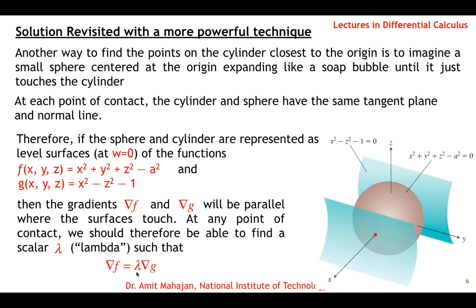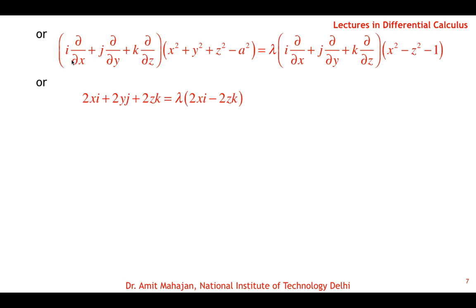Okay, so if we solve this equation, because we have the f function and the g function, we can calculate their gradients. Gradient here means the x derivative in the i direction plus the y derivative in the j direction plus the z derivative in the k direction. So by writing f and g and using the definition of the del operator, the gradient is the del operator: i times the x derivative plus j times the y derivative plus k times the z derivative,